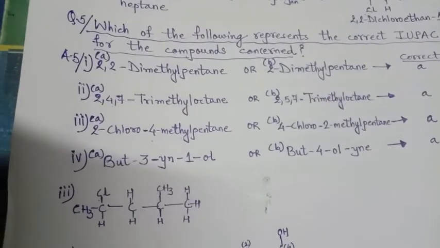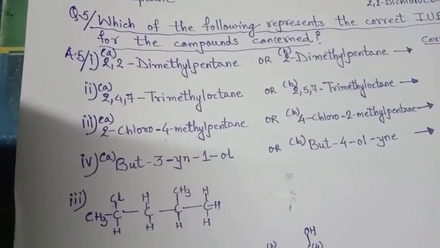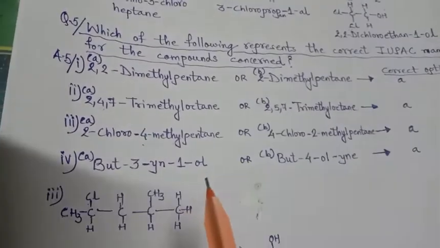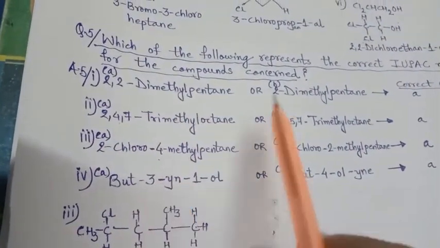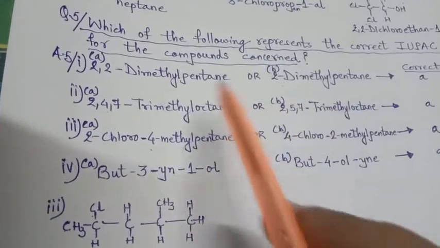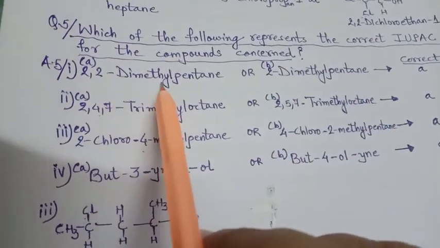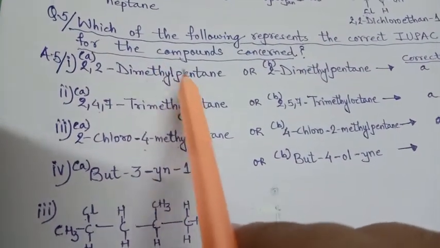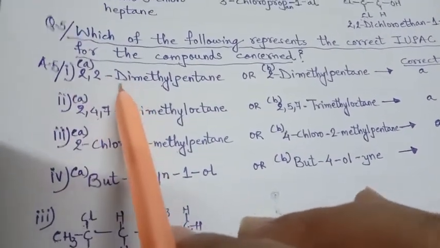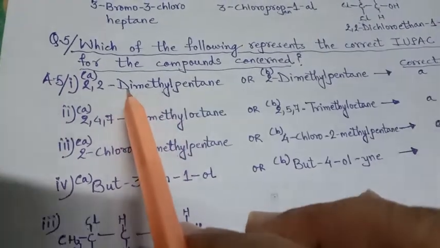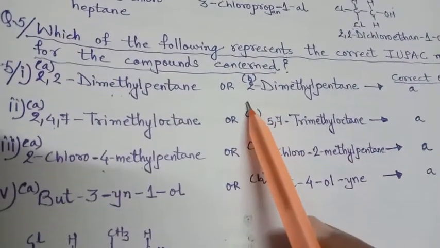Here you are given 4 names, but all 4 are given in a choice. A, B is given. We are supposed to find which one is the correct. So here is 2,2-dimethylpentane and here is 2-dimethylpentane. So here we are not in need to draw the structure. We are able to understand if dimethyl is there, it means wherever in the pentane series, on 2,2, that means dimethyl. Methyl group is twice attached and here it is written 2,2-dimethyl. Whereas here it is 2-dimethyl.